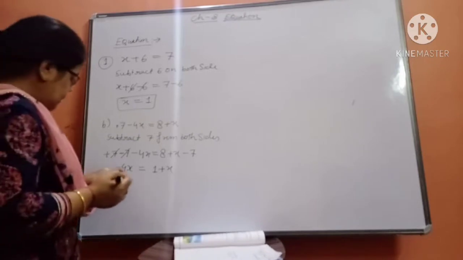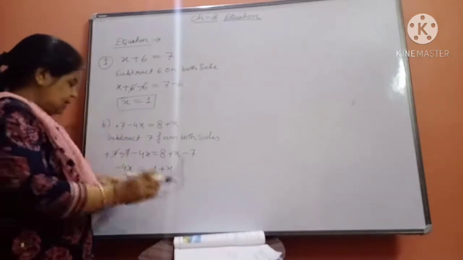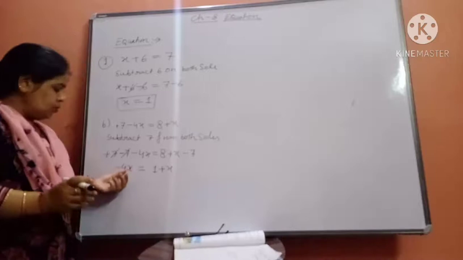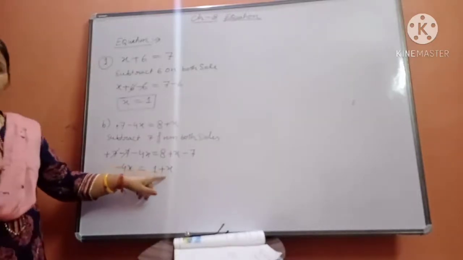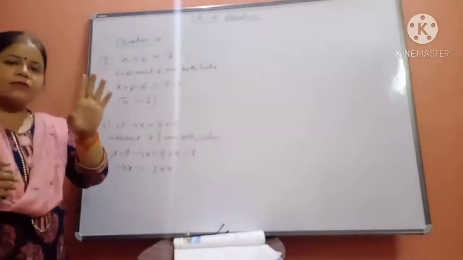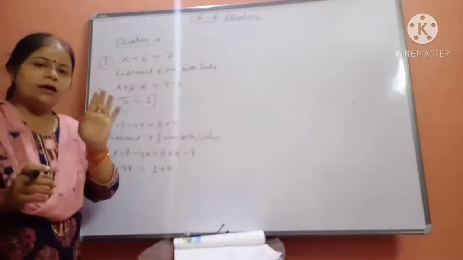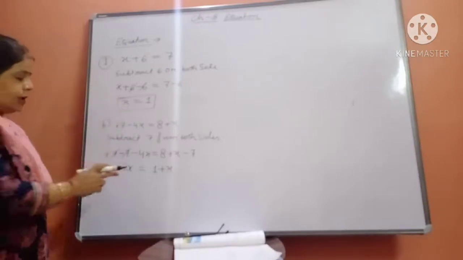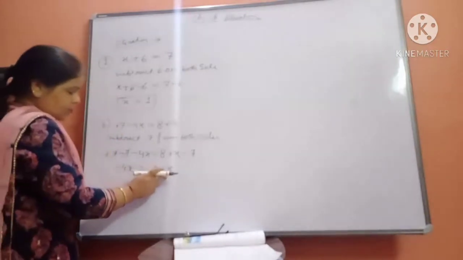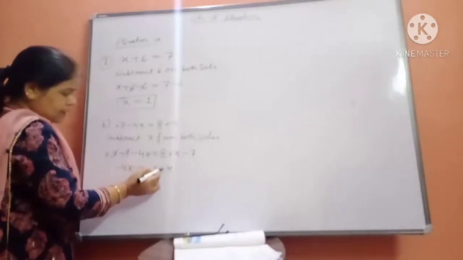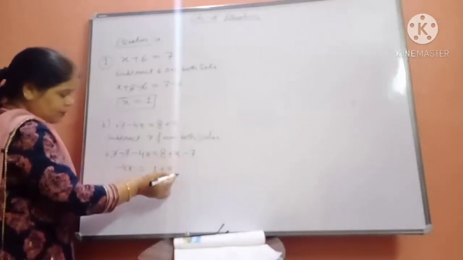Now see that, beta. Here both the sides have variables. Here also there is an unknown value. In an equation, one side should have the variable, or one side should have an arithmetic value. So here we don't want this x now. So what will you do? It is plus x, so subtract x from both the sides.